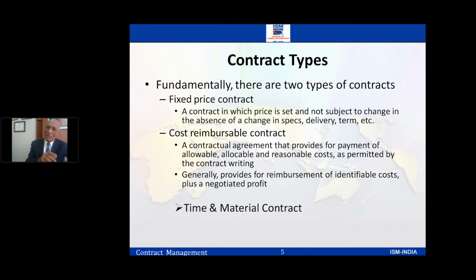So the time is variable, depending on the number of days the person is going to do the consultancy, multiplied by the unit rate. Then the material cost is whatever the guy has actually spent. So it's a hybrid of the fixed and cost reimbursable. In some academic books you'll find all three defined, but the way I look at it, principally there are two types, the fixed price and the cost reimbursable. The third one is nothing but the hybrid type, a combination of fixed plus reimbursable.